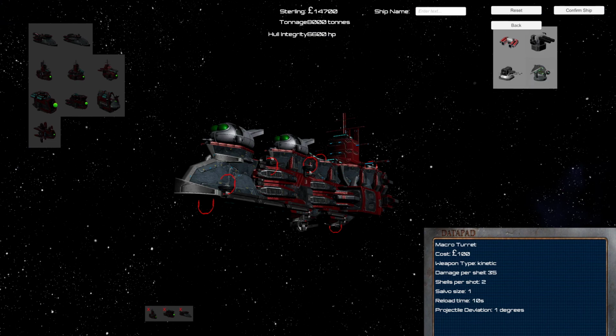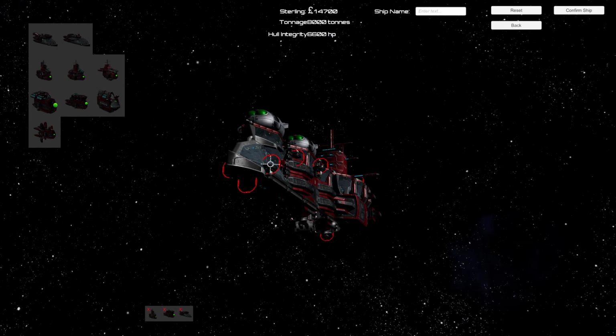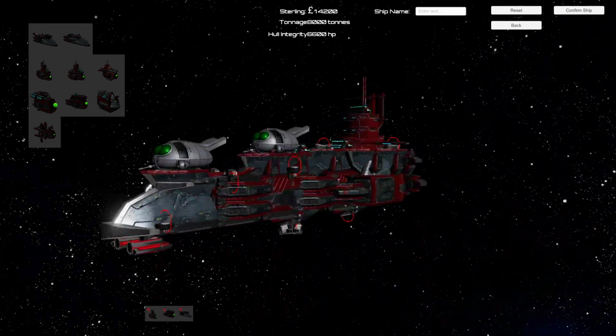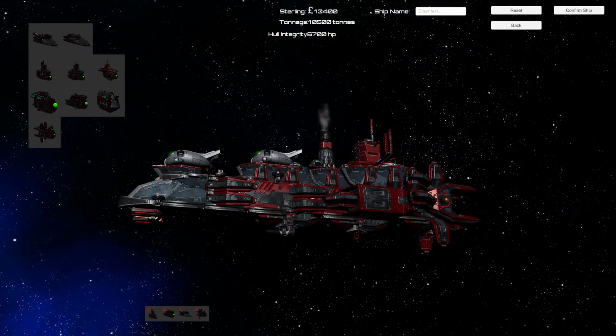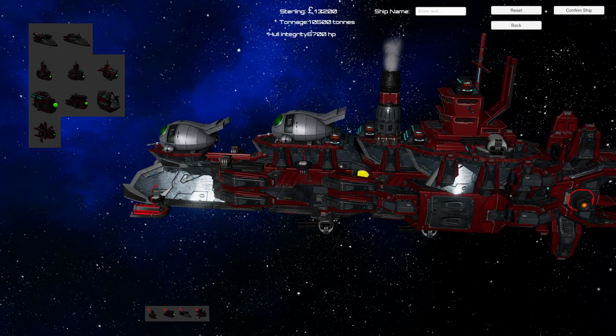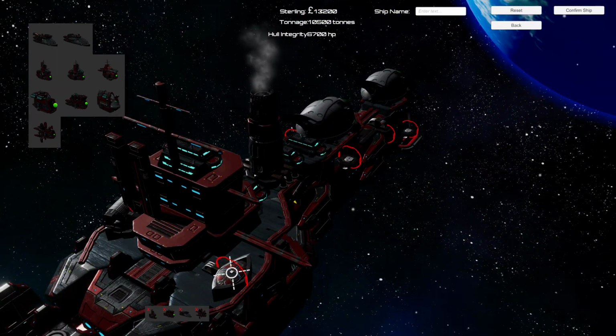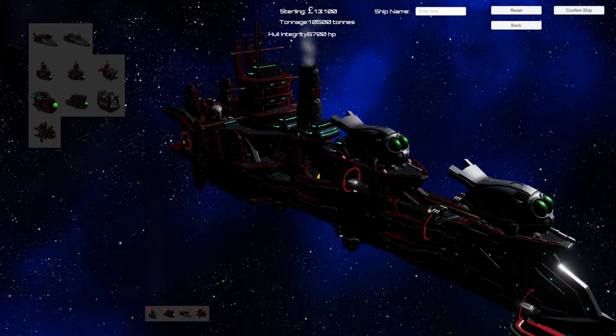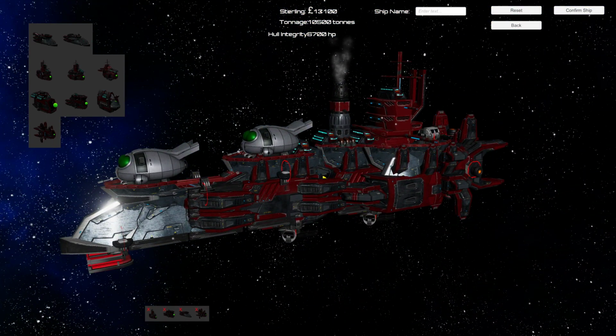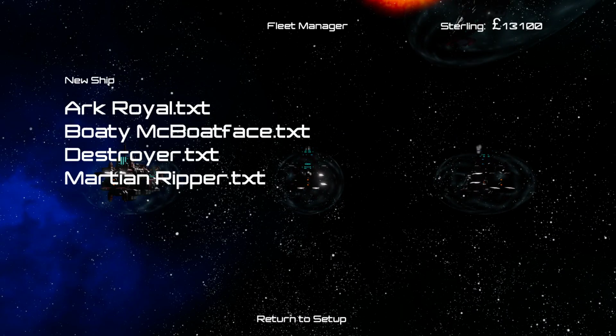And, I mean, you can mount all these on the bottom, like so. But to be completely honest, the best is just to put on a torpedo launcher, because torpedoes are good. And one of those, one of those, one of those. And there's a little issue with these icons sometimes blocking the raycasting, which I haven't touched this game in about 6 months since I've actually made this video, so sorry about that. I should probably fix that bug. And Martian Ripper. Confirmed ship. We've still got 13,000 quid,